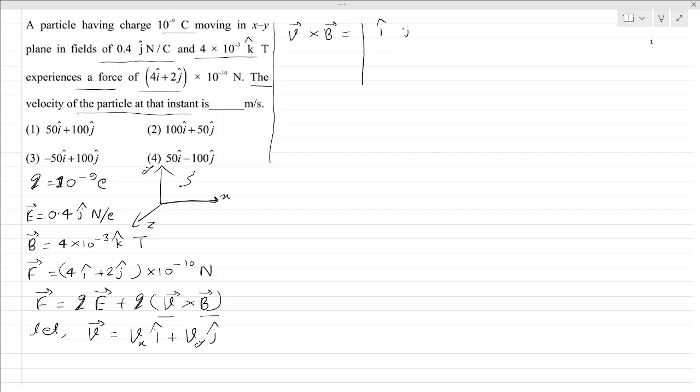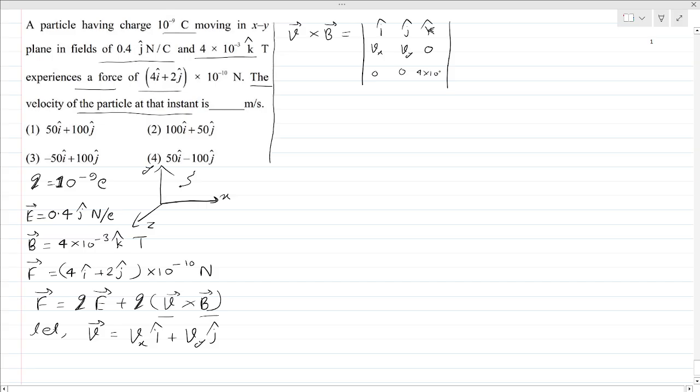I cap, j cap, k cap, where V vector is Vx, Vy, 0, and B vector is given as 4 into 10 to the power minus 3 only in k cap direction. So we can put 0 for the I and j cap components. So 4 into 10 to the power minus 3 Tesla. So therefore we can do the cross product and we can write I cap. So cross multiplication, Vy into 4